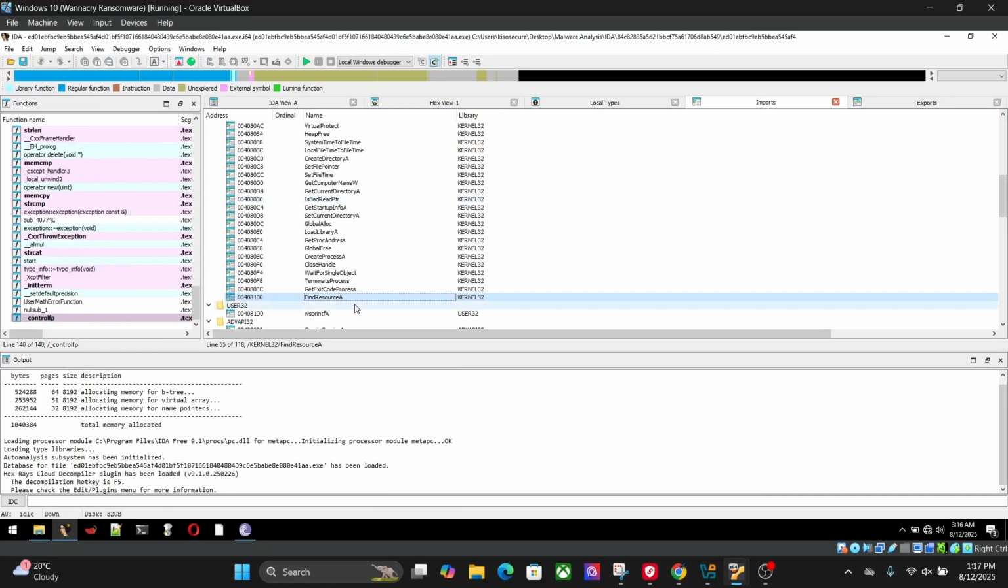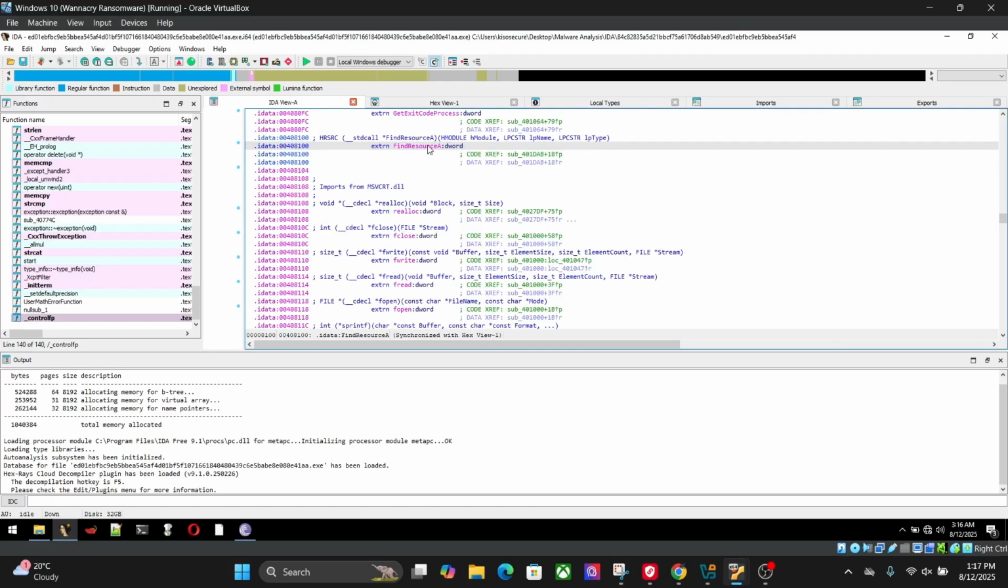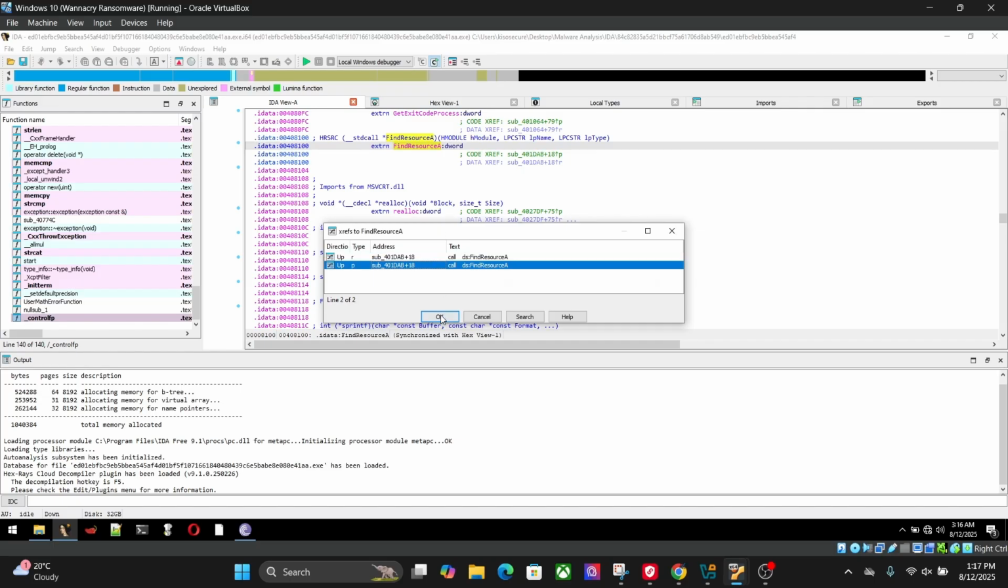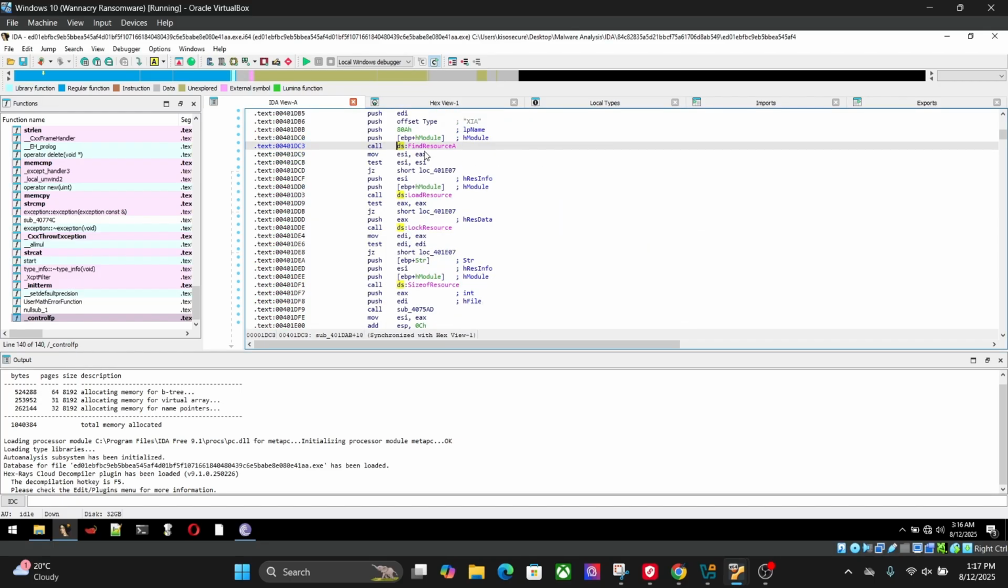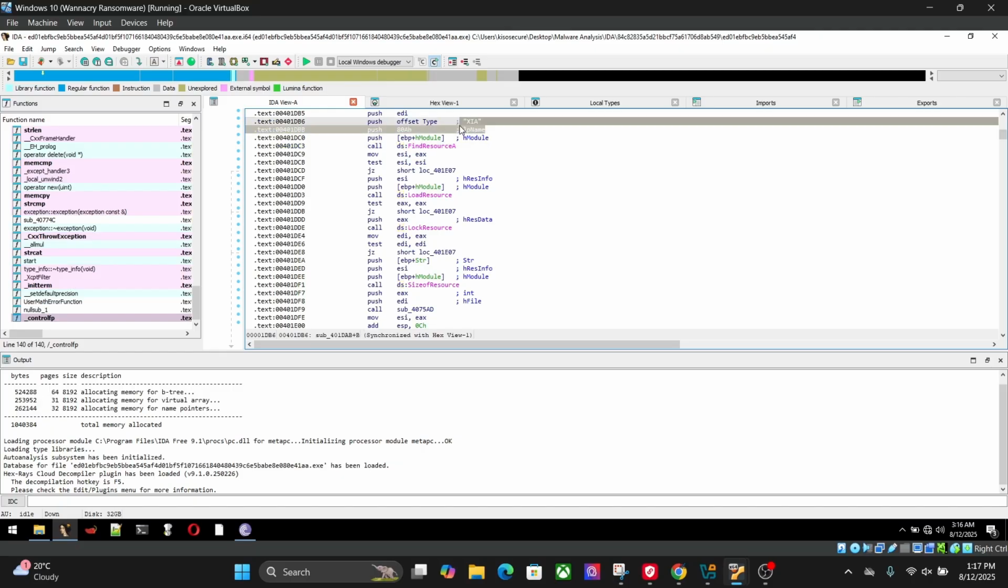We have another import over here, which is FindResource. In this case, you can see it finds a resource, loads a resource, locks a resource, and gets the size of a resource. So for the FindResource section, we look inside the executable for a resource with the given name, lpName, and also the type XIA. So in this case, XIA is a resource type. So the resource type is denoted by XIA,